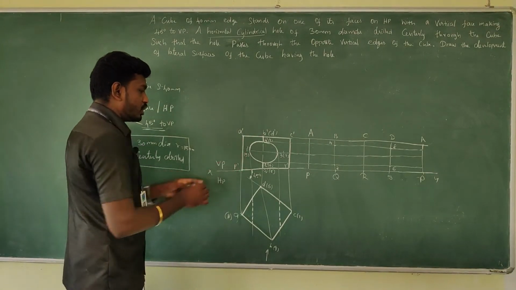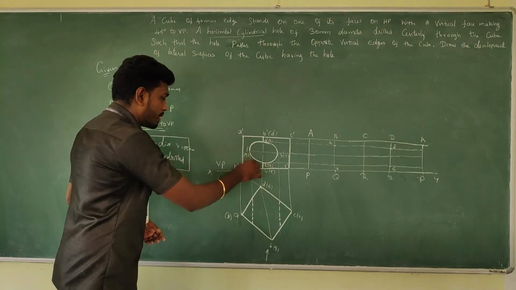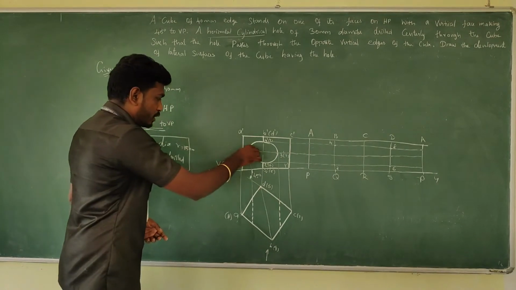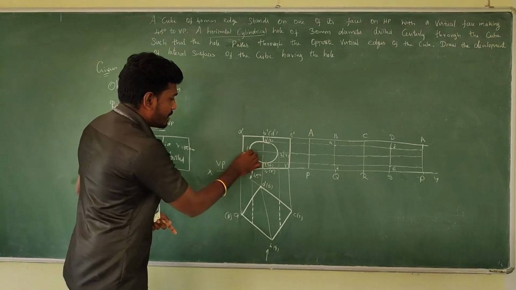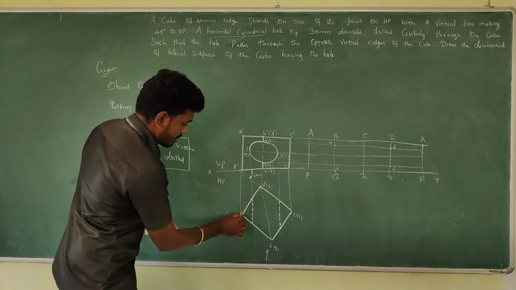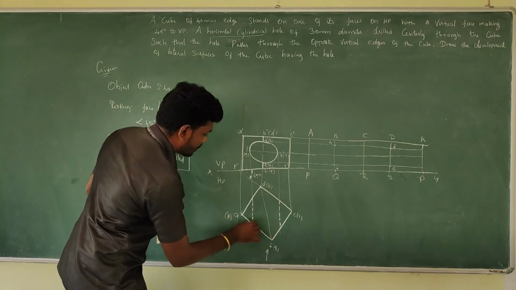So we need to take this first point to the true length. It is very easy. Already while marking the dashed line, we have taken the projector. The same projector comes. This one is between the face A to B. Am I right? Between A to B. Here is the cut, so this would be your 1.